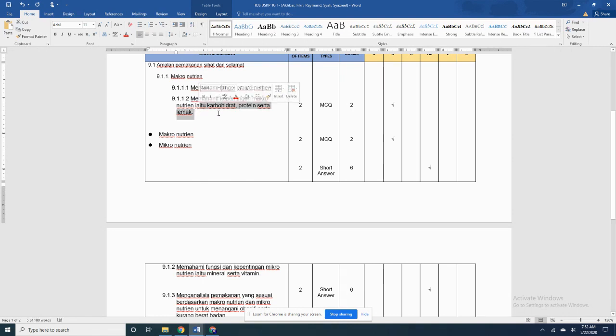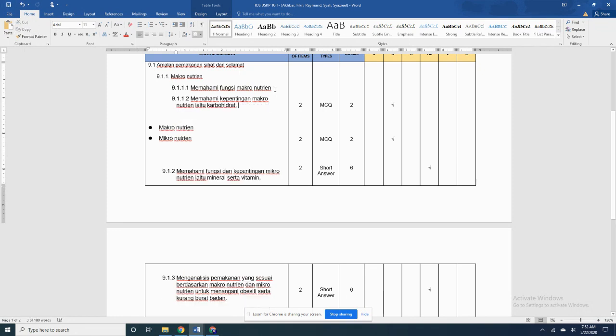Okay, karbohidrat, protein serta lemak, you can put as part of your choice if these questions really look at all these 3. But say for example, memahami kepentingan makronutrient iaitu karbohidrat, protein dan lemak, you tak tengok kat sini. You nak tengok dekat sini katakanlah the first one. So please omit this from your statement, TOS statement, and put it here.